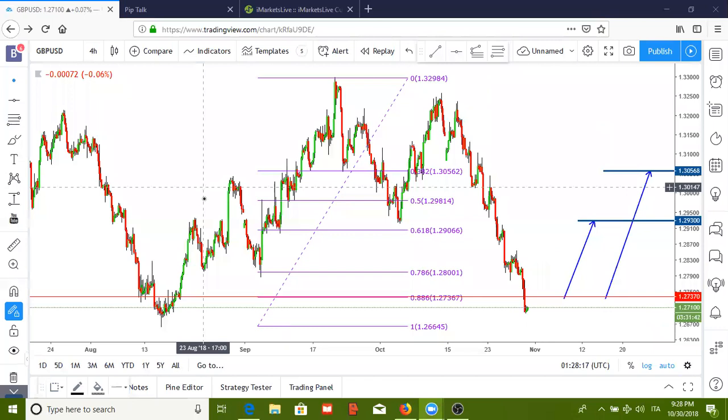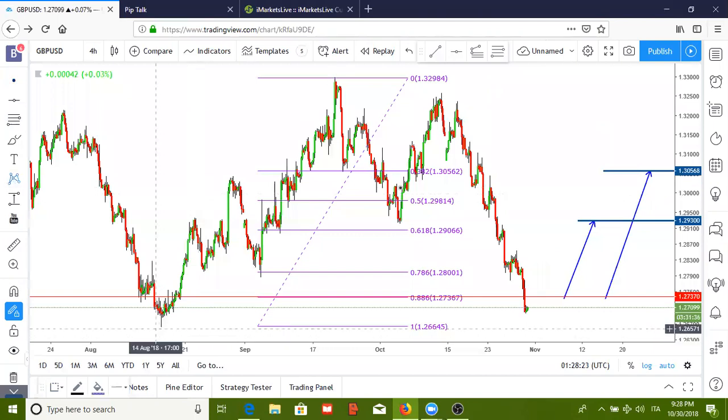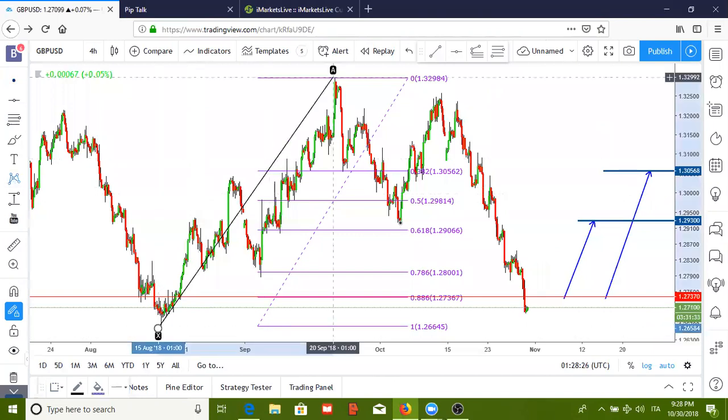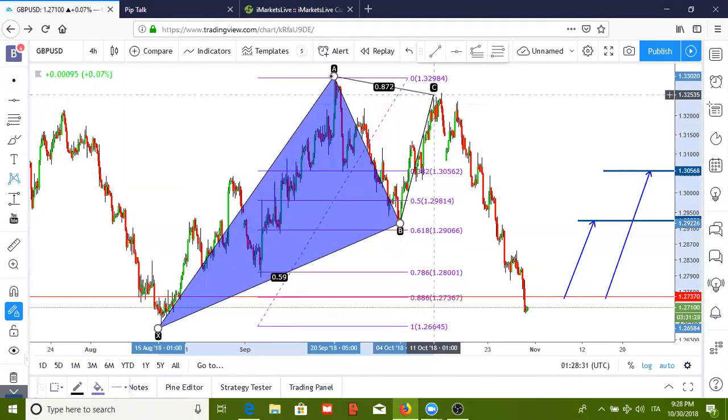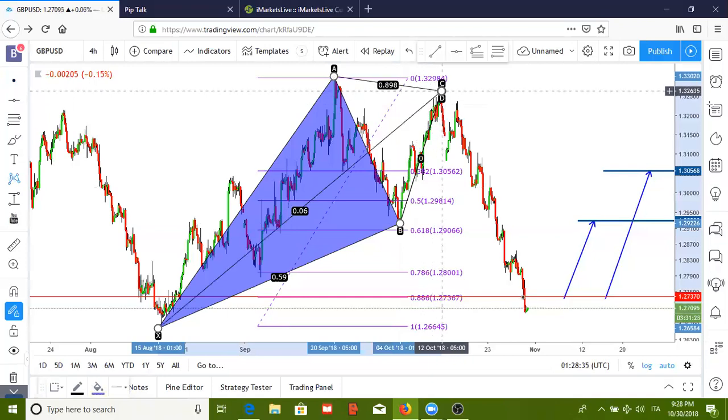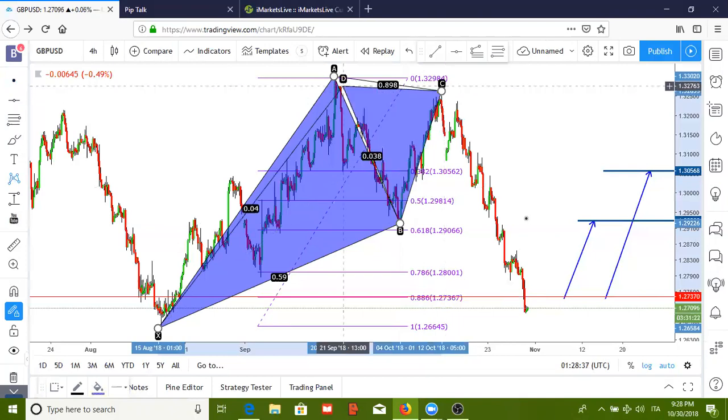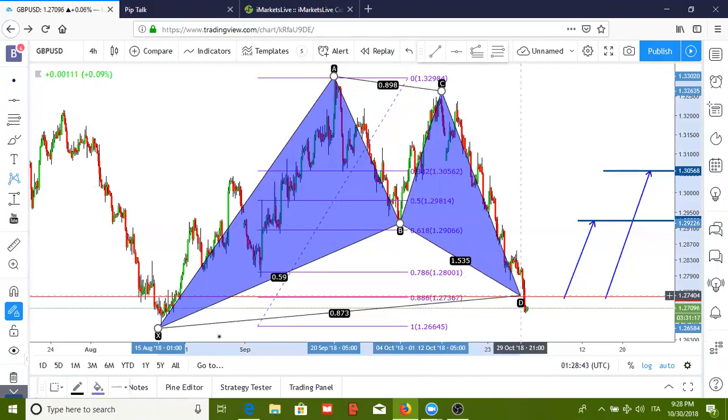You see how, let's see, X to A to B. See how the C leg did not break above the A leg? See how the C leg did not break above this A leg? And since I completed my entry point right here at the D,